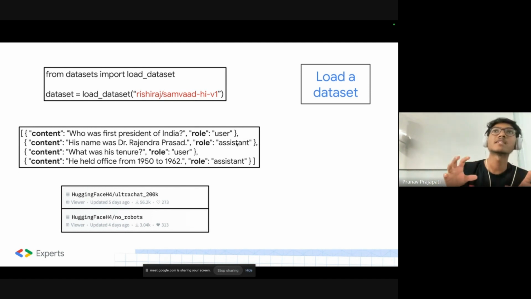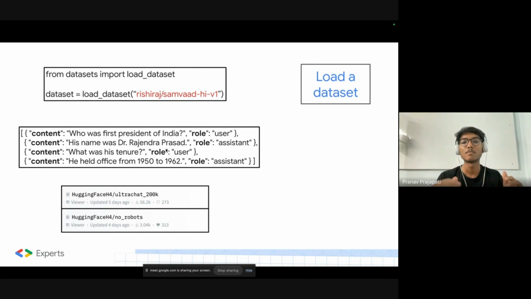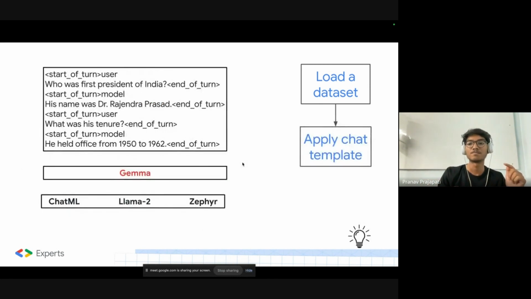So how you can make the base Gemma model an assistant is by using any dataset that has the content and the answer to that content, and also the roles assigned to it. So you have to apply the chat template. The chat template of Gemma is like start of turn user and end of turn, start of turn model, and the answer to that. So when you take that chat template, like when you load this data and convert it into the chat template,